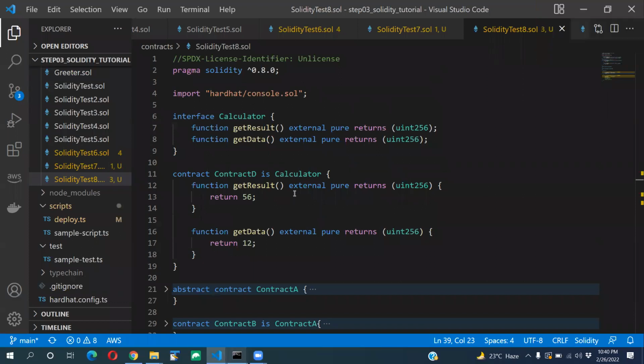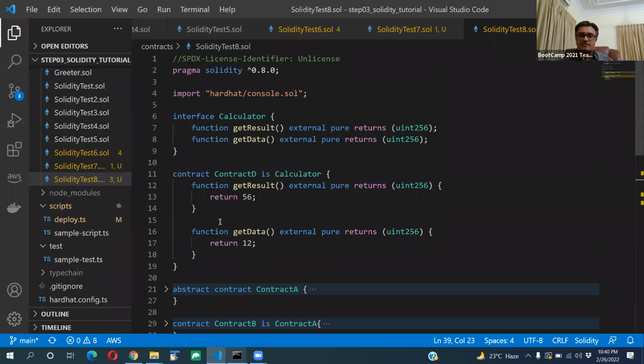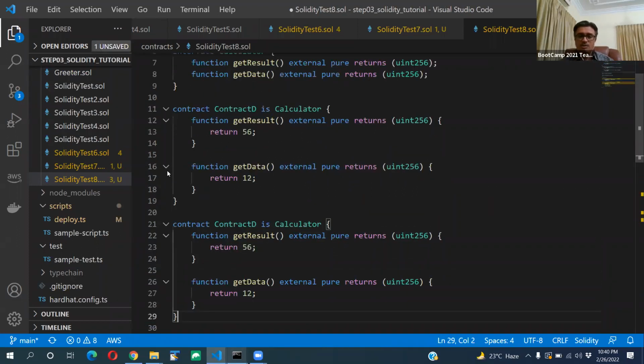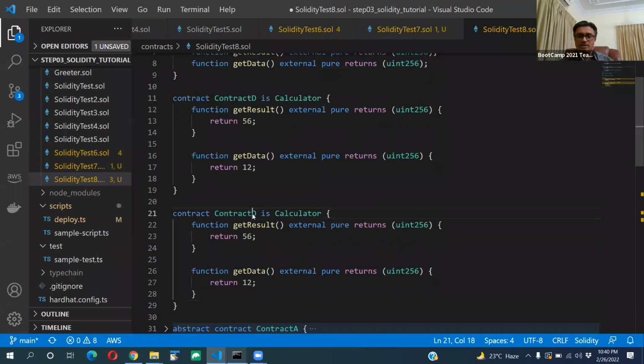So it kind of gives us an API outline of what should be in your contract, and that is a must for a contract: whatever is defined in an interface should be in the contract anyway. So let's say we can have another contract which also implements the calculator, but that's contract